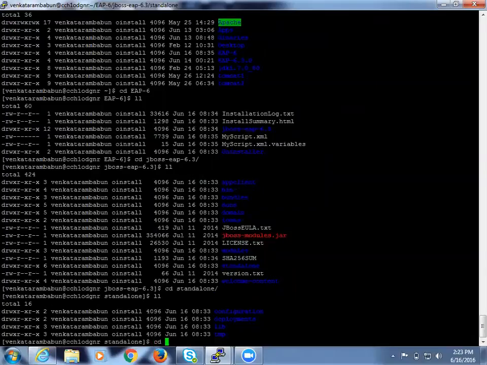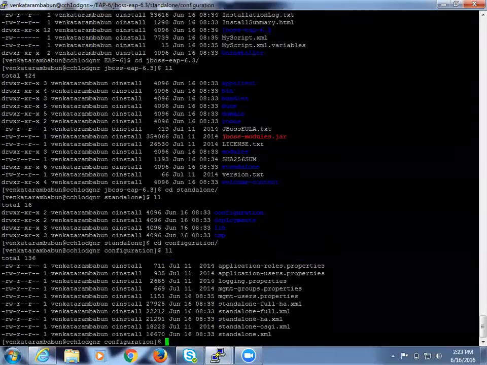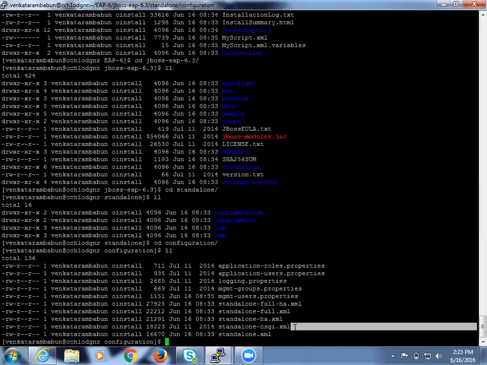Here we'll see what exactly the configuration files contain. Mainly these files it will contain. Whatever you were talking about, the profiles: standalone, full, full HA, and OSGI, which is for a different model. This one is for DMR functionality, but we will not use this XML anywhere. We will use profiles, meaning full HA and